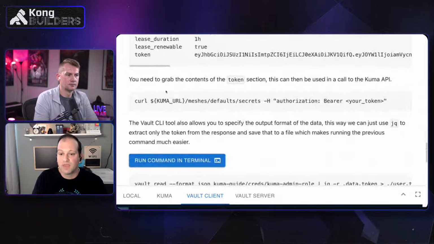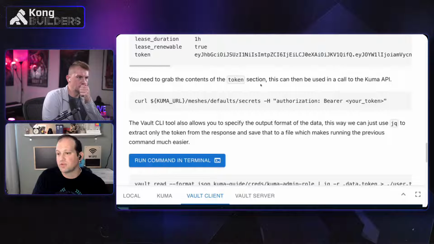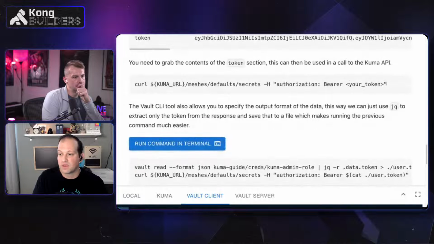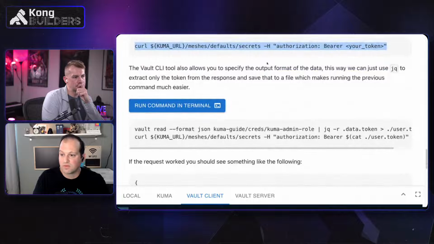All right. And then we want to grab the content. Oh, yeah, we did that. So you want to use that piece in order to verify that we can. Actually, I think this does the same thing. Yeah, this will take and write out the token.